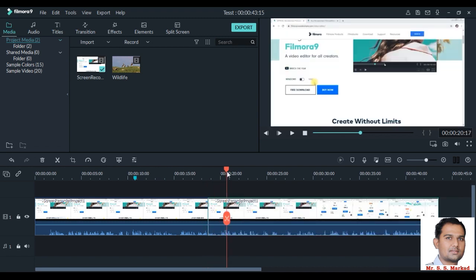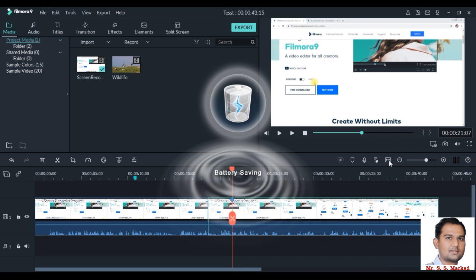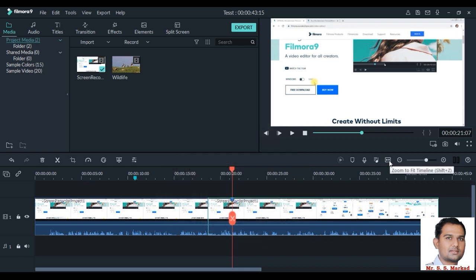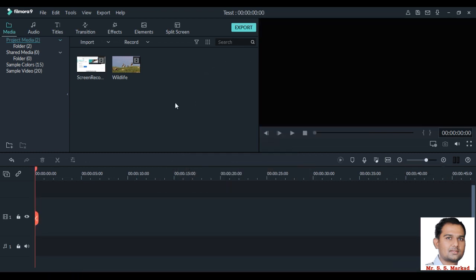This also helps in playback of media from a particular location. There are other options such as render of media for smooth preview, placing of a marker on the timeline, then recording of audio or voice, audio mixer for mixing and proper audio effects, and zoom in and zoom out of the timeline.